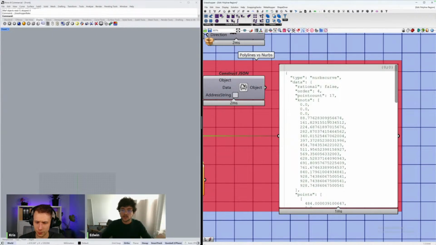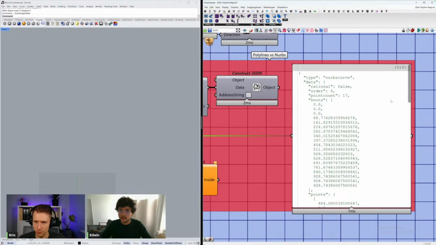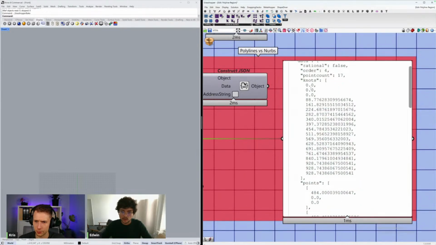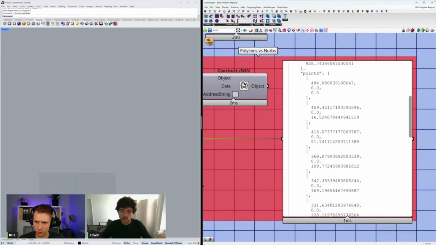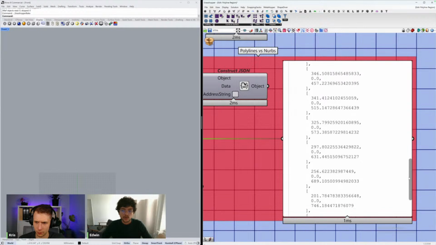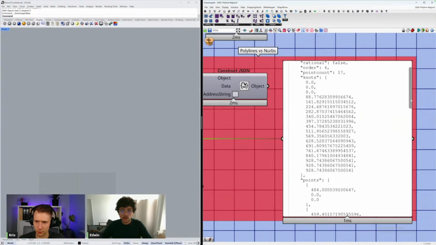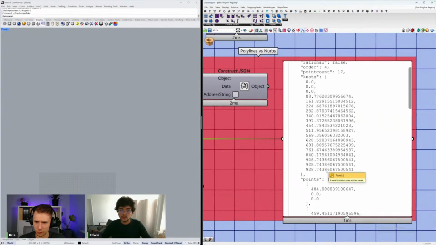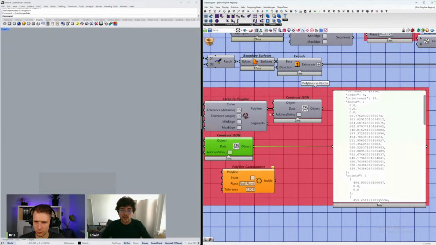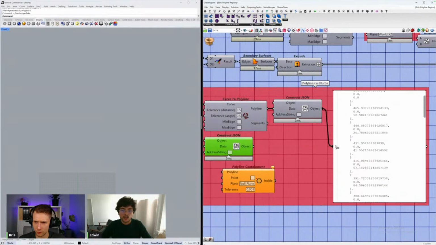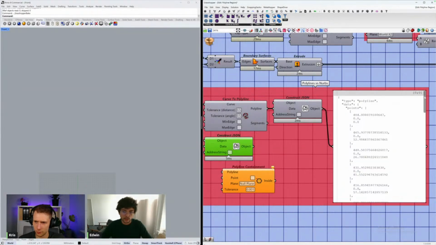creates this curve. Here, for example, I have a NURBS curve, and it tells me that it has some nodes, it has some control points, and all of this needs to be considered while you are doing any operation in those NURBS curves. So you still keep the same nodes, you still keep the control points as intact as possible. Whereas when I check a polyline, it is just a list of points. That's all it is. A polyline is just a list of points.